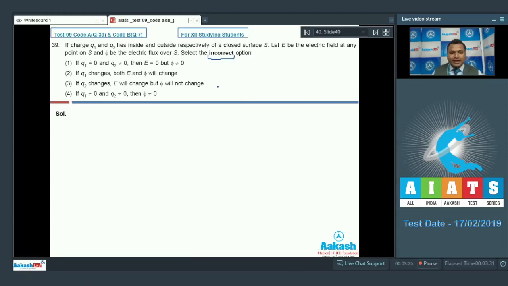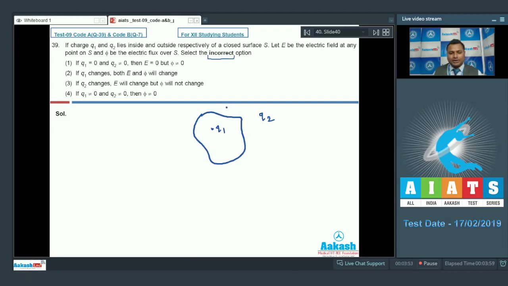Now S can be any random surface. So suppose this is a random surface. We have assumed a charge Q1 is inside the surface, on the other hand charge Q2 is outside the surface. Now let us proceed to the options. Option number 1: if Q1 is 0, Q2 is non-zero, then electric field E is equal to 0 but phi